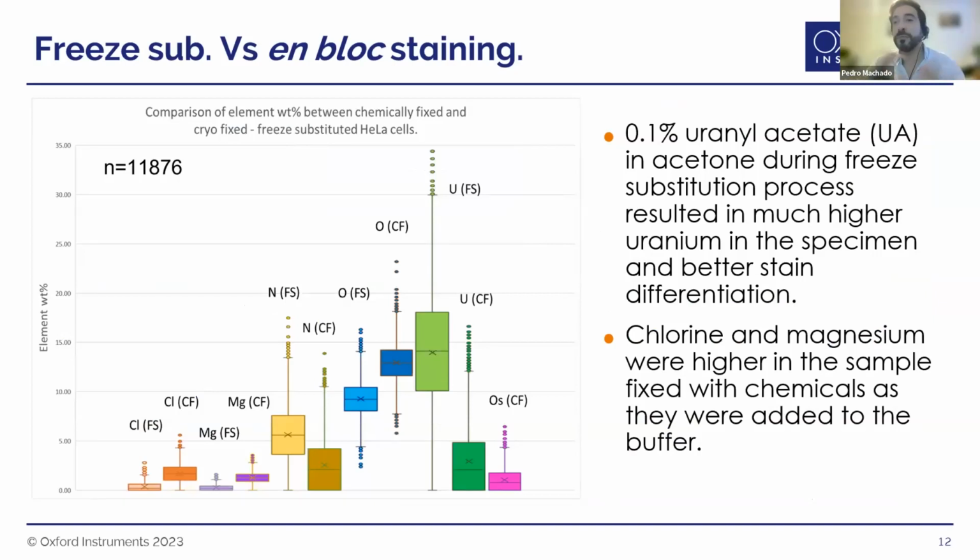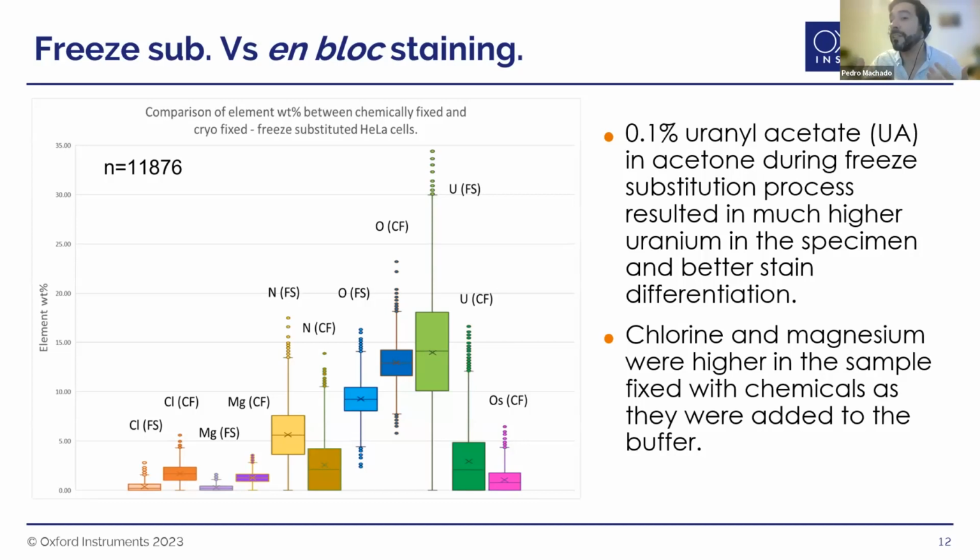So in the end, we tried to put all this data together, comparing the chemically fixed cells with the free sub cells, and we looked at all the different element distributions. The first thing you can see that is quite striking here is how much higher the weight percentage of uranium on the free subbed cells is versus the chemically fixed cells. So it seems like staining your samples just with UA on the free sub gives you a much higher stain, and